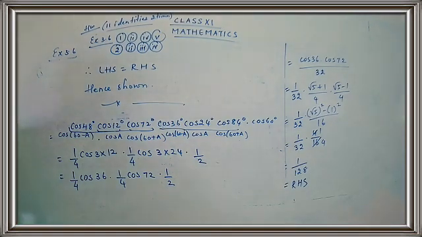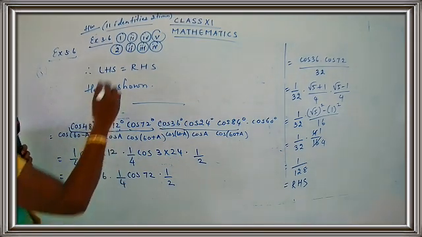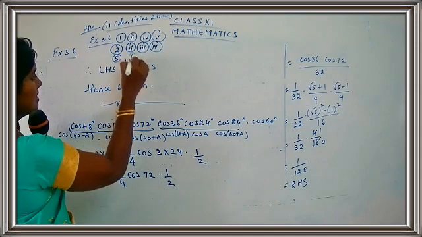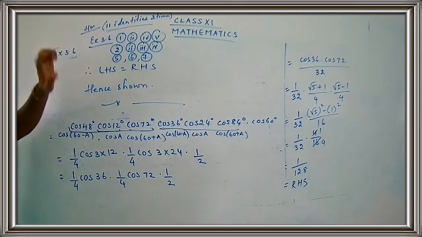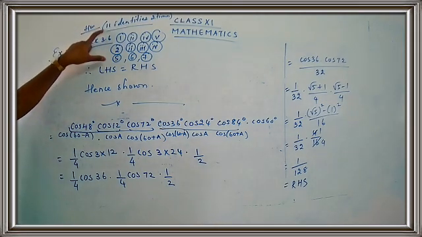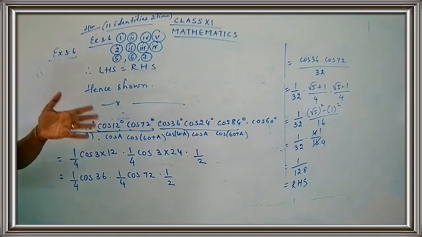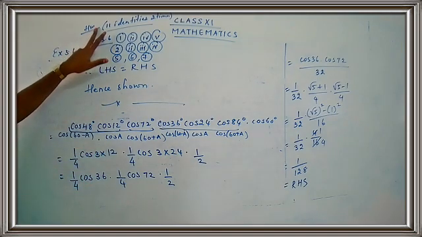Now you have some more homework along with this one and second sum. You have to complete sum number 5, 6, 7. The homework is you have to write down 11 identities. That is for your self-study. Do not include this 11 identities. That's your homework. Anyhow, you have to write down the 11 identities and send it to me. I have to see whether you have written or not.